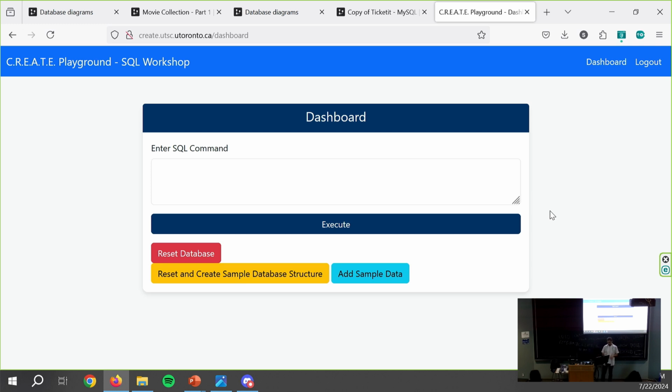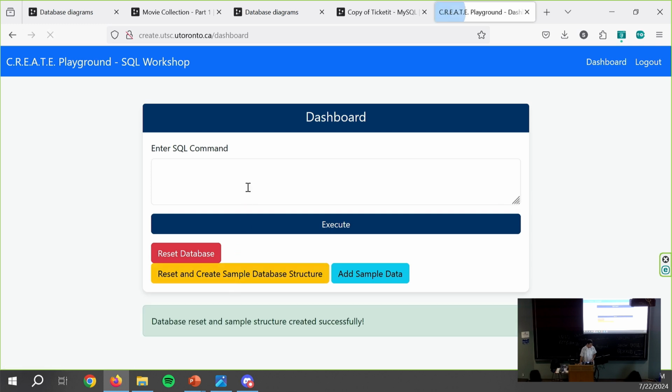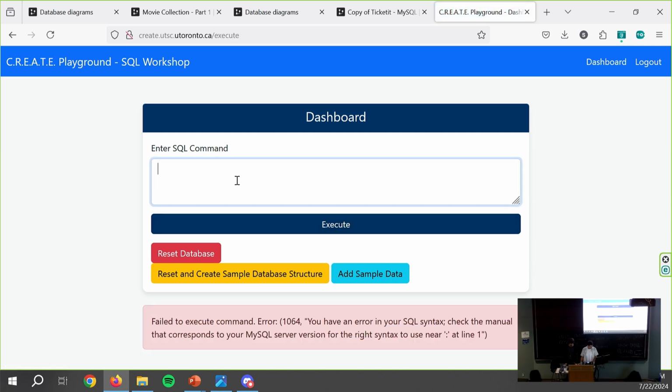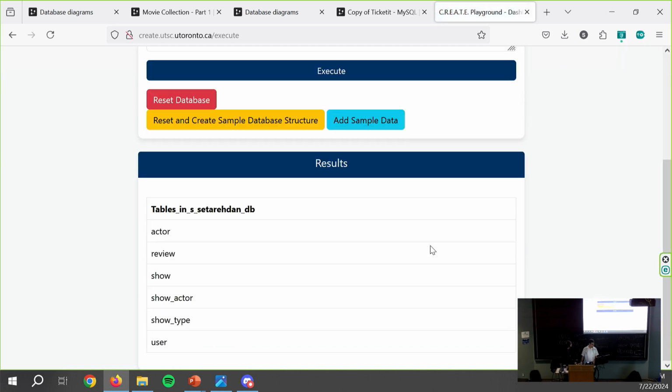And if at any point, so right now, you don't need to create the tables anymore. I have them, like the moment you click on reset and create sample database, it's going to create it for you. Hopefully you get the same exact green command. Did I write it wrong? Okay. So it should create all of these ones for you. And right now, they're all going to be empty,